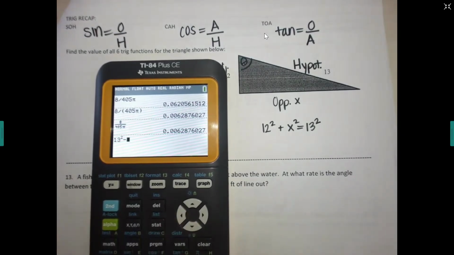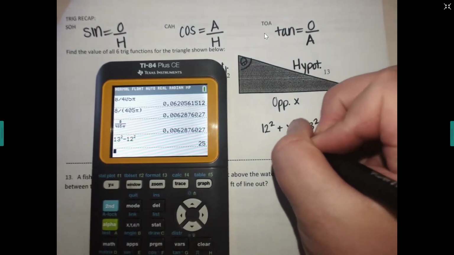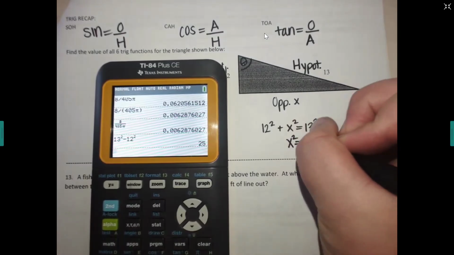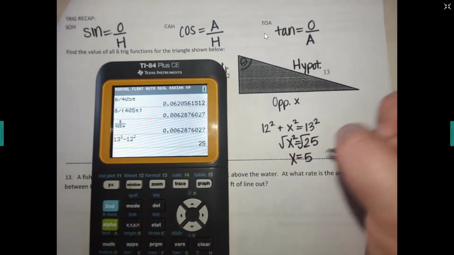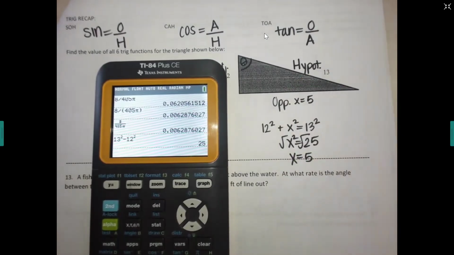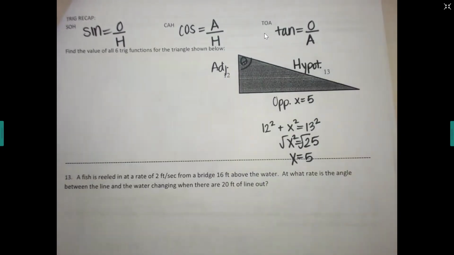If they're on opposite sides, you should really subtract them. So it'll be x squared equals 25. Then square root, your missing side length is 5. Okay, once you have all three sides, to find sine, cosine, and tangent, all that you have to do is